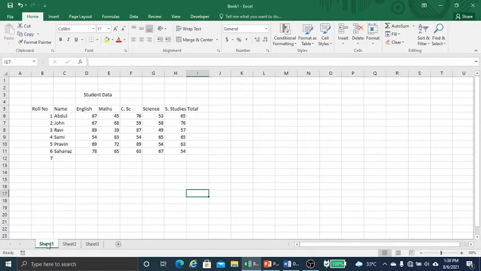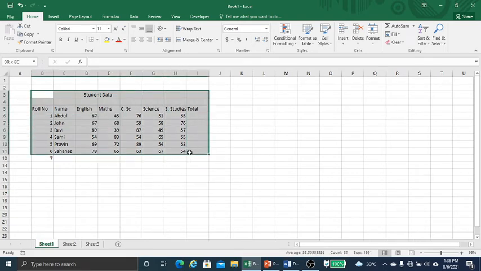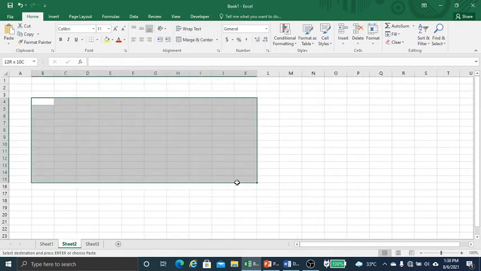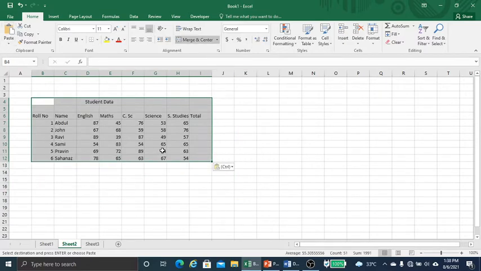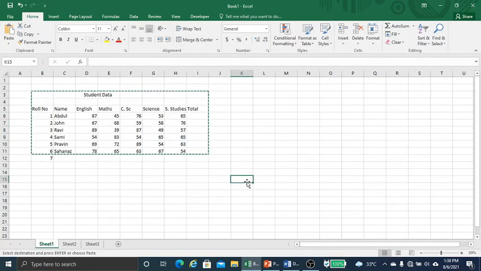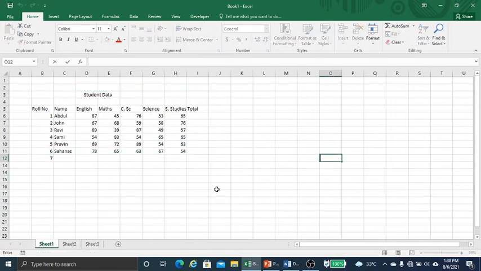Let me select the entire data, copy it, and then go to Sheet 2, select a range of cells, and click on paste. You can see now we have copied the data into Sheet 2. So this is the way we can copy, paste, or cut data.